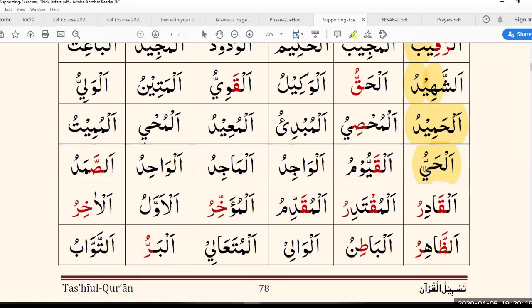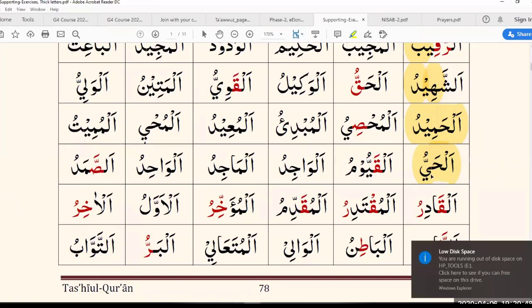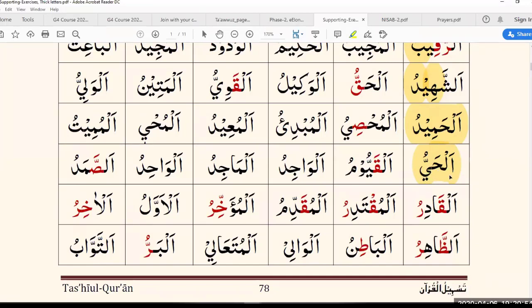Good. And how would it be if you were to pause here after the ya? It is a mushaddad word, but it also has a dhamma. So if you see a dhamma in the end, it will turn into a sukoon. So a sukoon and a tashdid, it will sound. Do you want to try how it might sound? Al-Hayy. Yeah, that's good. So without pausing you say al-hayyu. With pausing you say al-hayy. Okay. And next one.